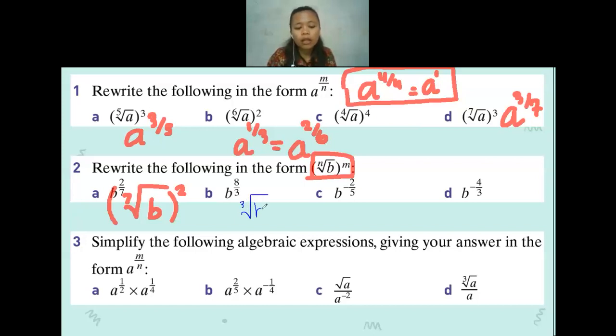No, teacher. Oh, okay. If no one is confused, I think none of you will have any difficulties with this topic. We have b to the power of 8 per 3. So we have the cube root. We write the cube root of b and then to the power of 8. Okay. If you have any question, please let me know which part I have to make clear for you.